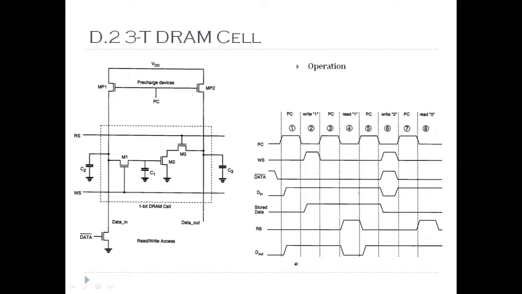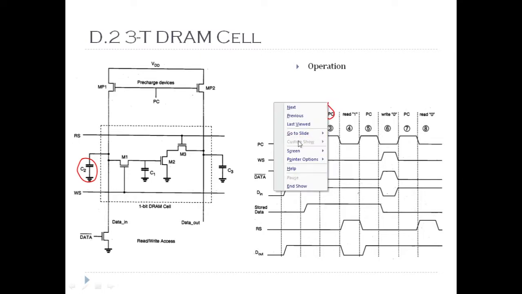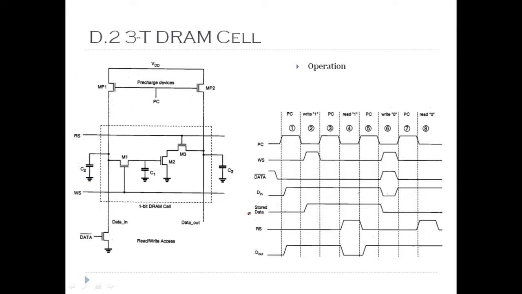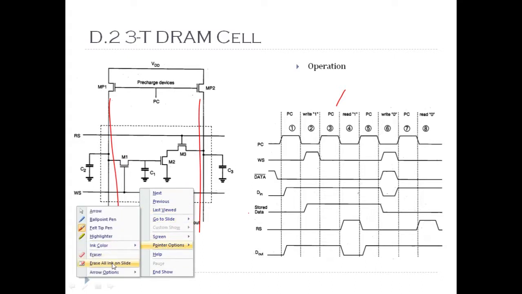Okay, so that's about the write 1 operation. This is how 1 is stored in the form of charge on the capacitor C1. When the capacitor is charged, that means 1 is stored. Because of this, while charging capacitor C1, the voltage on capacitor C2 dropped by a small value, so it needs to be brought back to its original value. That's why it is followed by a pre-charge cycle. During the pre-charge, the voltage of both columns, data in and data out, is brought back to its previous value, the pre-charge value, that is 3.5.